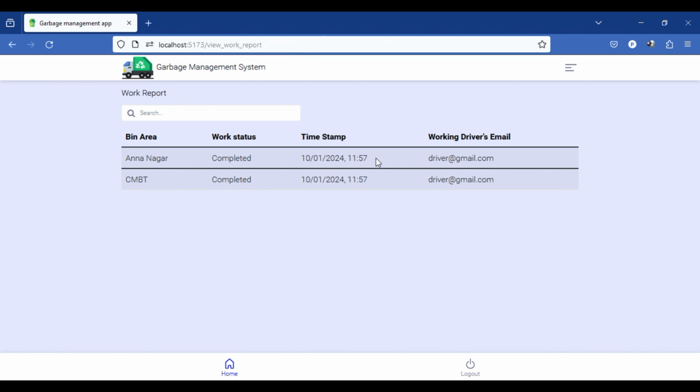The timestamp will be automatically updated from the driver side, so that the admin can view which driver has completed the work and what time they completed it. So using the timestamp we can monitor the